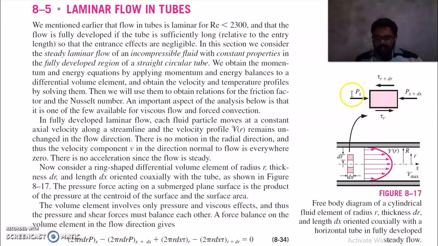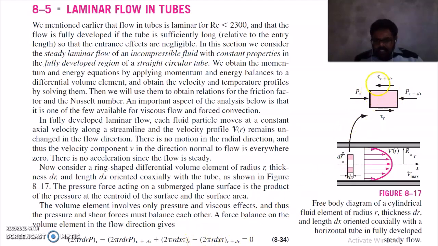So apply the force balance. Pressure is given, shear stress is given. Now this pressure is acting on this side, and you have to calculate the area of the ring, which is 2 pi r, the perimeter of the ring, multiplied by this dr element, into pressure. This is at x, minus the same at x plus dx, plus your shear stress which is acting in this direction, multiplied by the inner area of the ring, which is 2 pi r dx. This 2 pi r dx is the inner surface area of the ring,